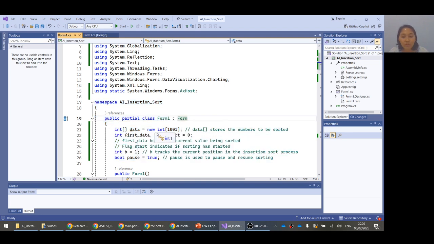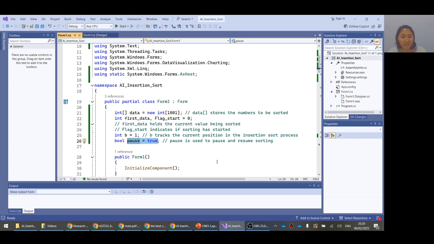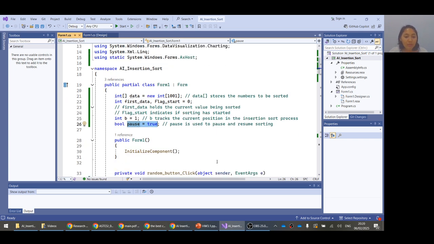For the data, it stores the number to be sorted. The first data holds the current value being sorted, and then the flag start variable indicates if sorting has started, and the variable b1 with the data type integer tracks the current position in the insertion sort process, and then the variable pause, the default is true with the data type boolean, is used to pause and resume sorting.